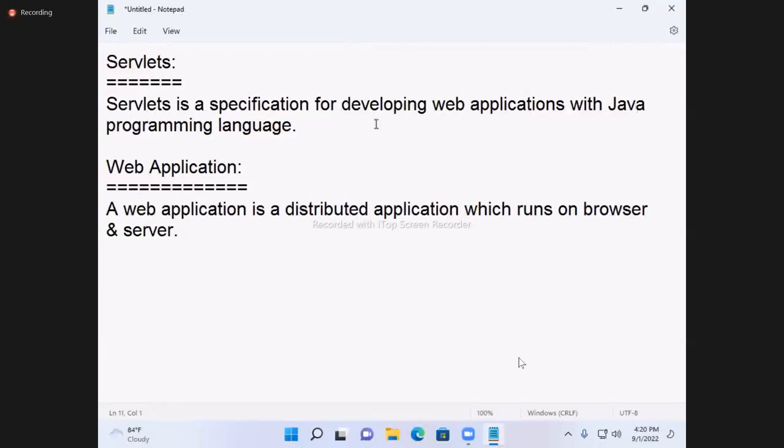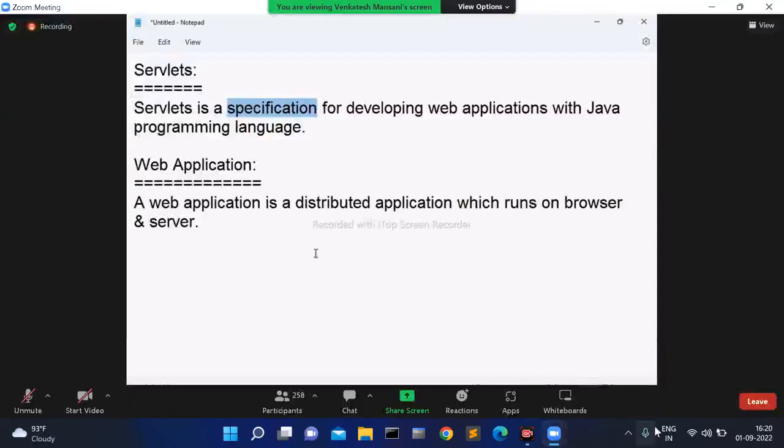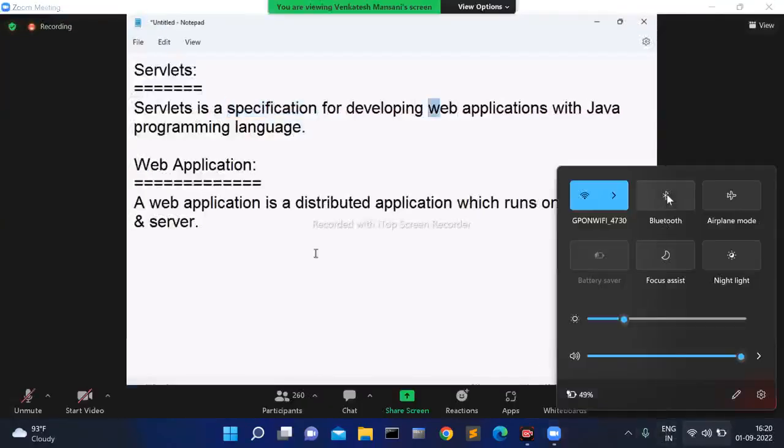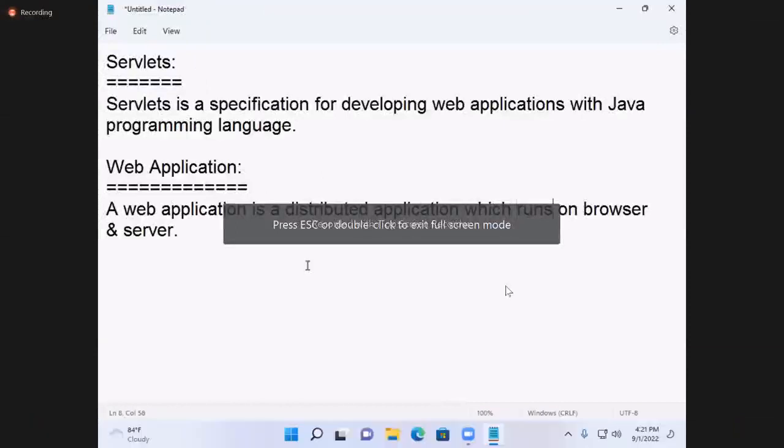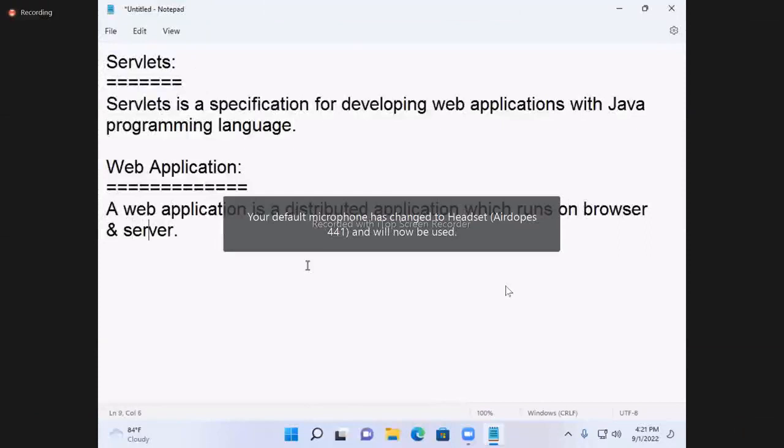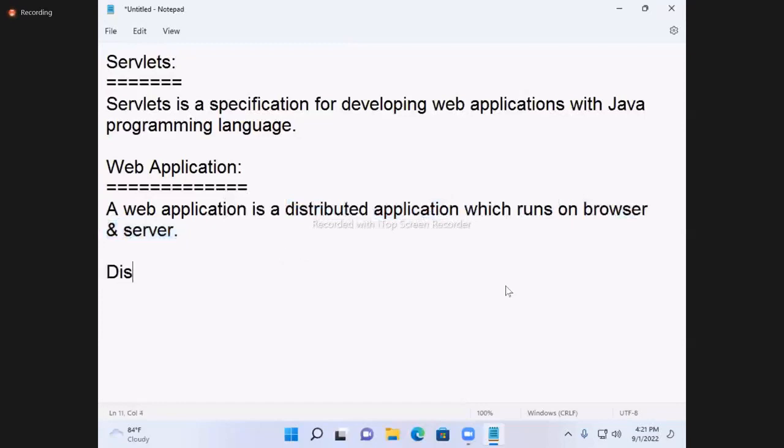What is a browser? What is a server? These are all required.